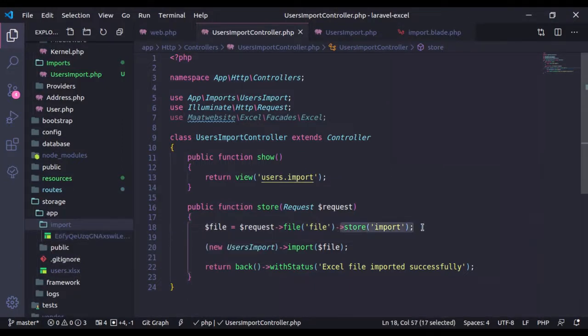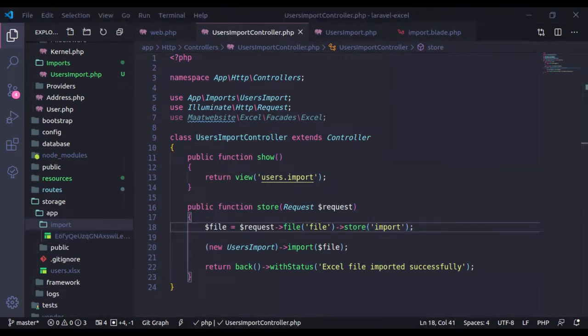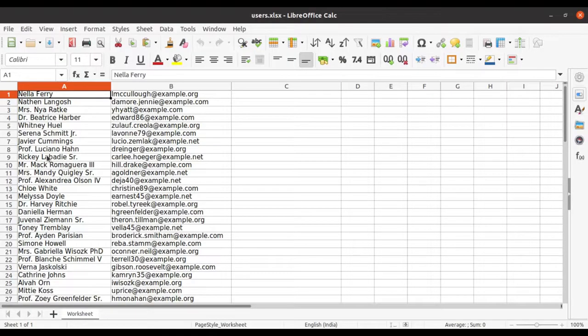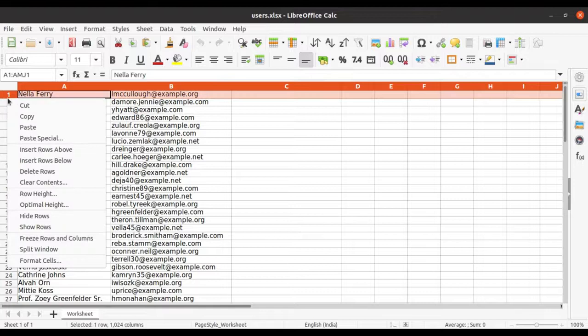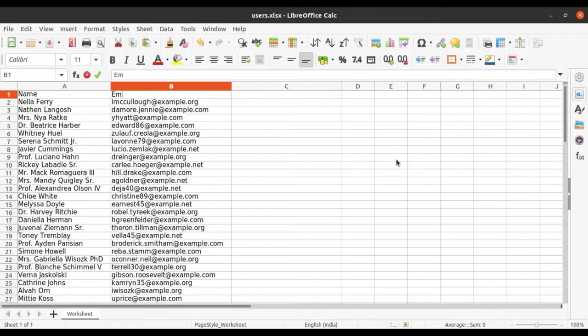This store method generates a unique ID for the uploaded file. Now if we see the Excel file, in this column we have the name, and in this column we have the email address, but right now we don't have headings for the columns. Generally the Excel files we upload have column headings. So let's add the headings here. I am going to insert a new row: name, and here email. Let's bold this. Now if we try to upload this Excel, it is also going to store the headings in the database,